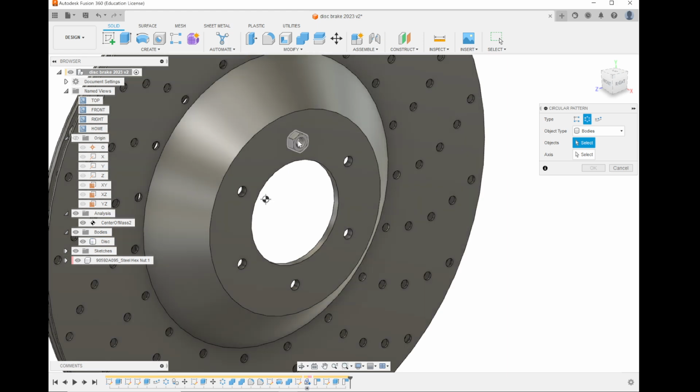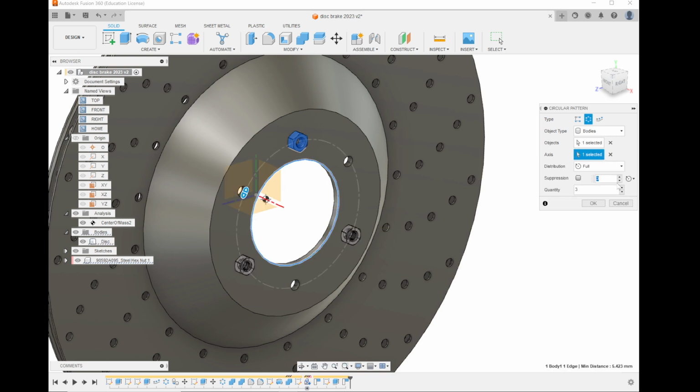We want to get this body, we want to rotate around this, and then if I make this 6 times, we should get